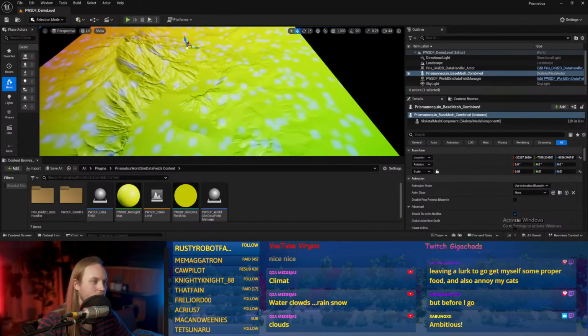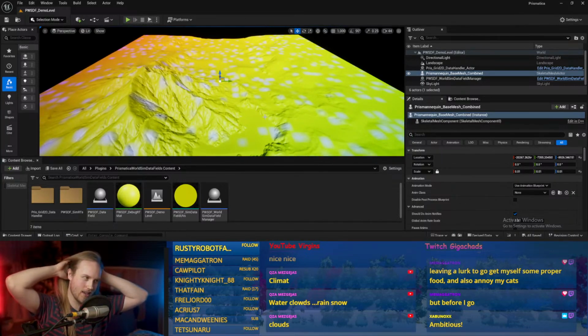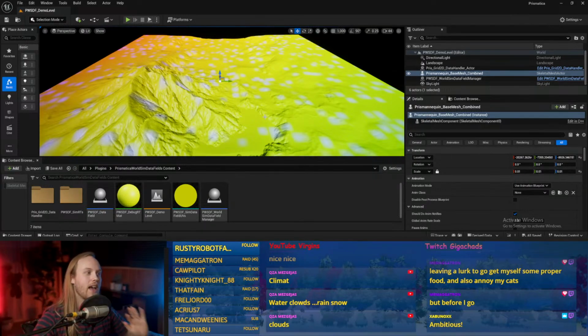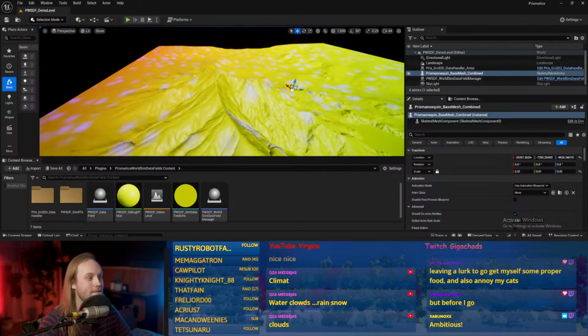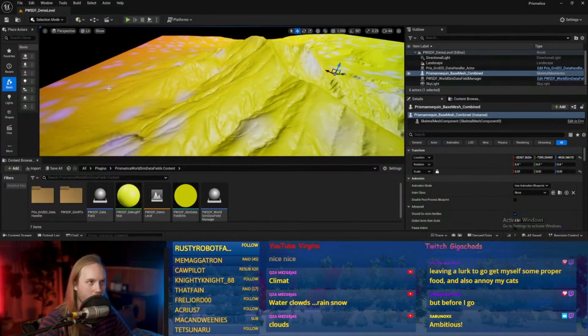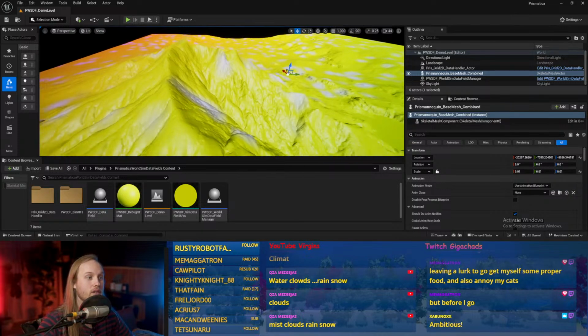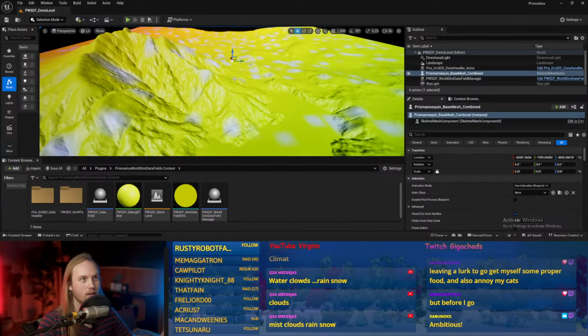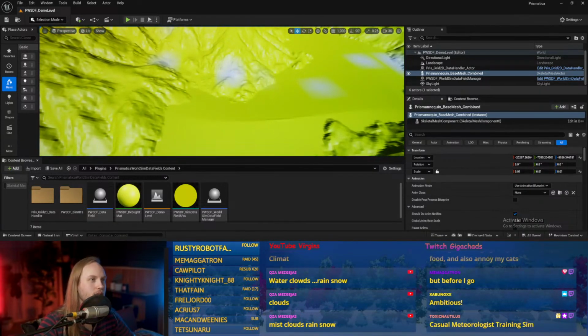So this will handle all that kind of stuff, and the hope is that it means you don't have to worry about, at least if you're like me, where you worry about things making sense in the world, like the backside of a mountain range being more lush than the front side. Yeah, mist, clouds, rain, snow, fog. You know, fog occurs when, I don't know, I'll look that up at some point, but yeah. And so that will all be kind of